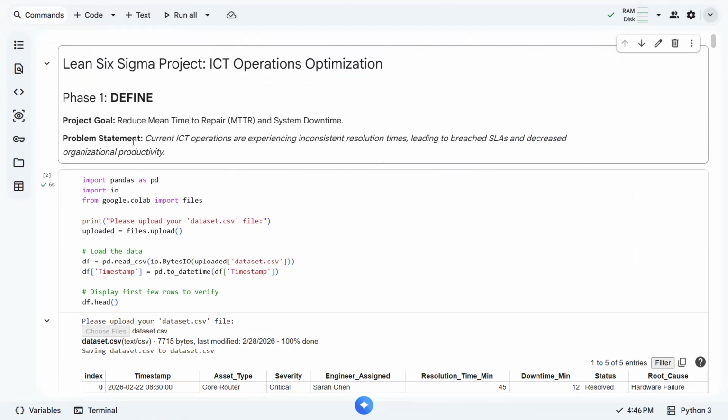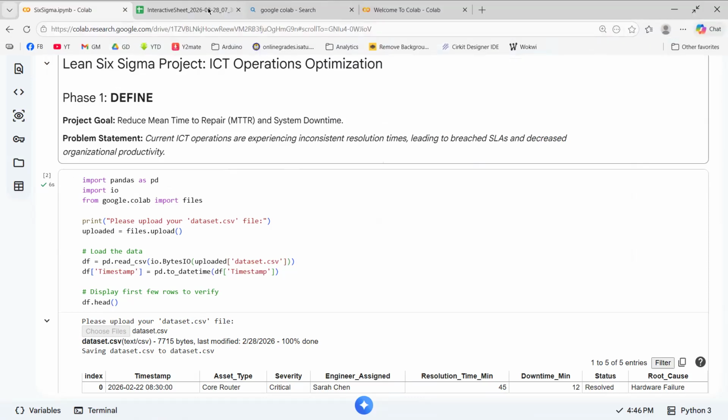For tonight, what we need is to understand the flow of the Six Sigma DMAIC methodology approach, especially using the data that we have to solve a certain problem. Our data set is about ICT operations, and we want to optimize it based on the given data.